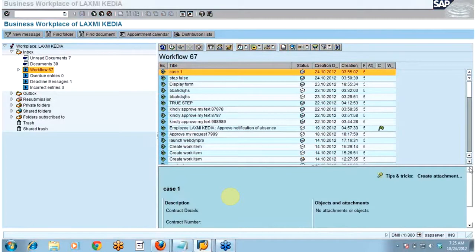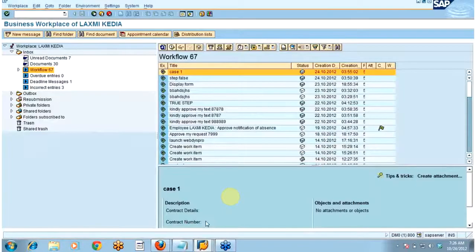So everybody is clear with this multiple condition step, loop step, container operation step, user decision step. 5 steps I have already discussed. Also I have discussed the activity step in which I have defined one method called save sales order, and that particular activity was responsible to save the sales order in the database. So I have already discussed with you 5 to 6 steps. Now I will be discussing with you the form step. So let us see what is this form step.